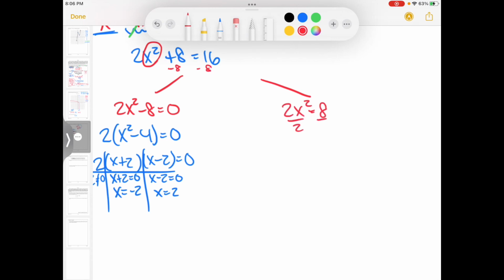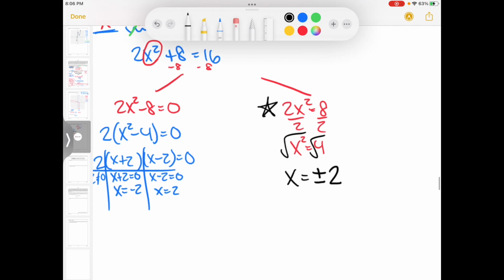I get 2x squared equals 8. Divide by 2, and I get x squared equals 4. And then to get rid of the squared, you'd have to take the square root. This is definitely the shorter way, but the reason it might be frowned upon, depending on what you remember and what you don't, is that when you take the square root, you need that plus or minus in front. So this means x equals negative 2 and x equals positive 2, but you have to remember